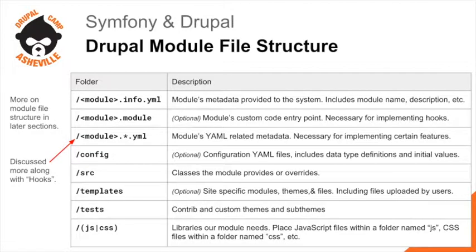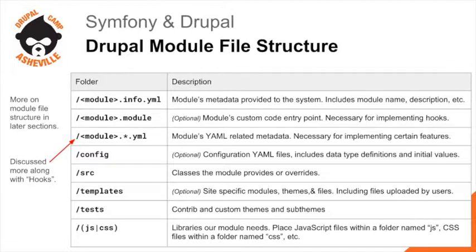A custom module's file structure has changed a little bit, but it's mostly the same. So what used to be module name.info is now module name.info.yaml. Simple enough. Same sort of things exist, the name of your module, the description. The optional module entry point is still module name.module, still optional. Additional metadata is stored right here. It's the module name underscore. This star means whatever, so like